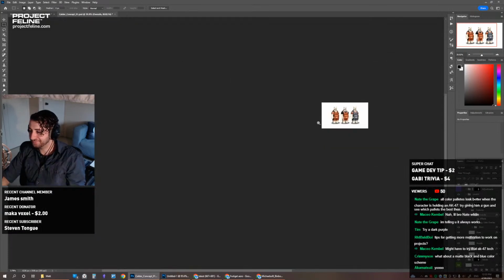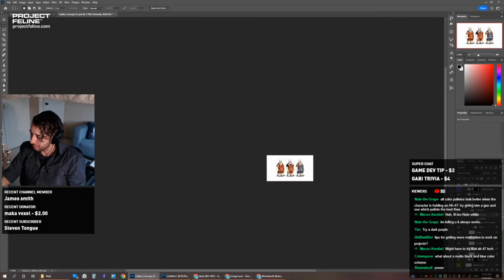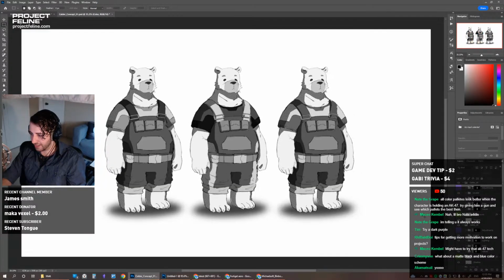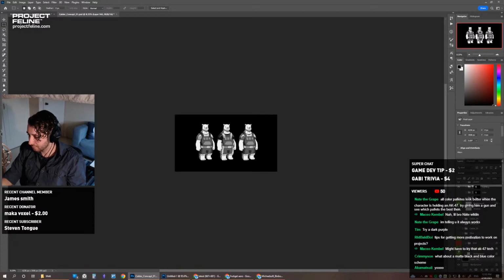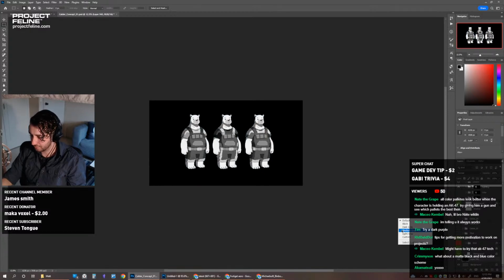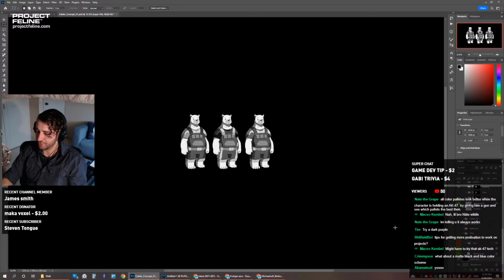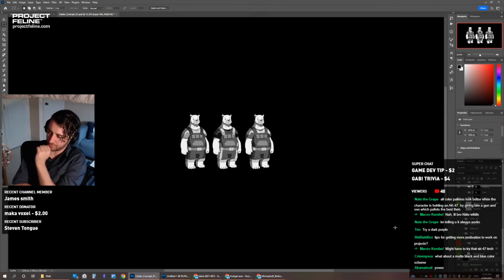Because if I zoom out, I think in terms of just values, I can tell you which one I prefer. Let me just turn off the color. Because each of these has different values on them. I'm just trying to look at the values without any background distractions. Because I look at this, I like the values on the last one the most. But they are pretty similar to the ones on the left.